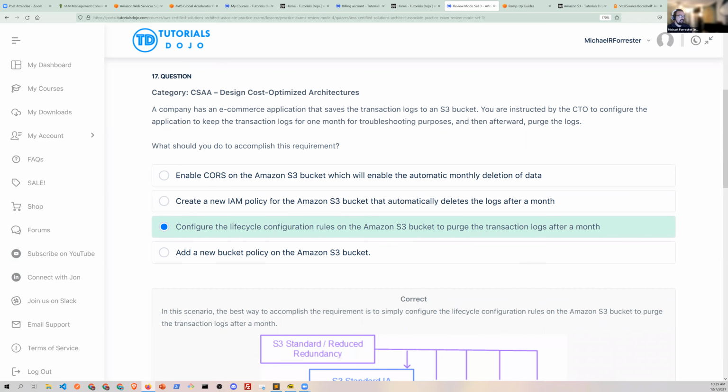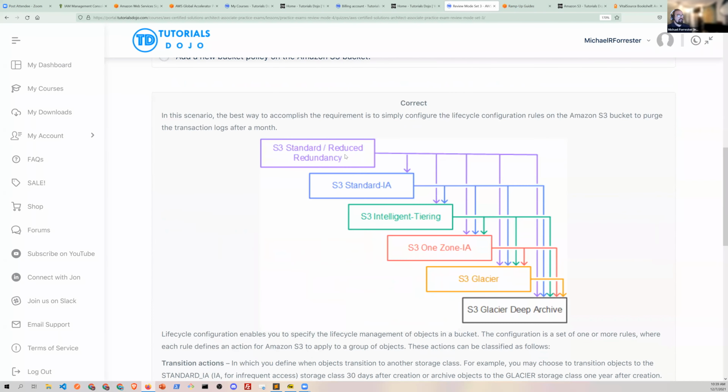Oh, S3, Amazon, you got to stop showing this thing. Reduced redundancy, by the way, is still available inside of the console, but don't use it. They're going to retire it here soon. The rest of these, you should know the classifications of standard, infrequent access, one zone infrequent access, Glacier, and Glacier Deep Archive, and intelligent tiering, which is really not a data tier per se. It's actually more of one that moves data between the other tiers. So, I mean, it is a storage class, but it operates very differently in that it'll move data to the other storage classes.